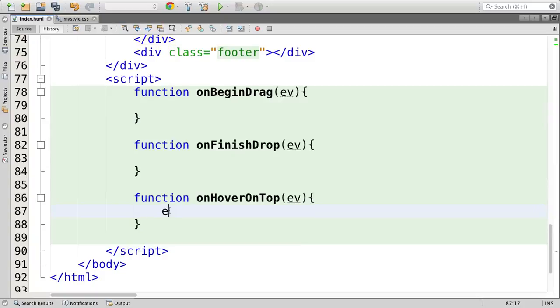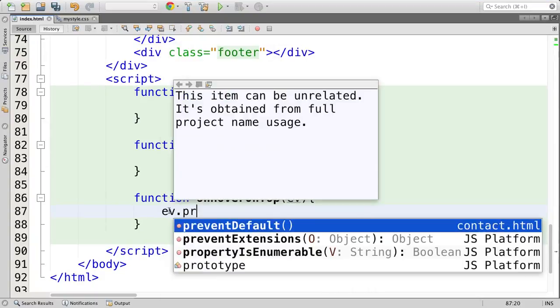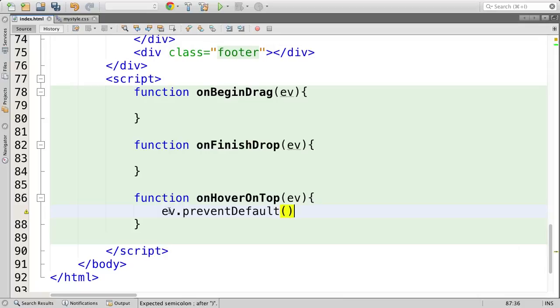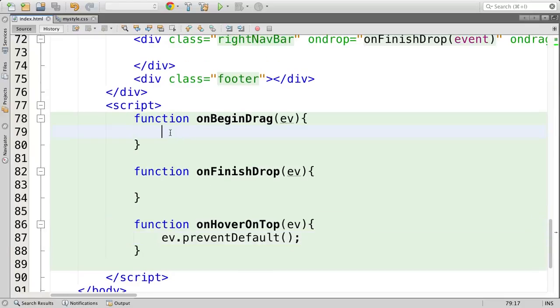This is very easy. Event prevent default will make sure that, chances are there that the image may be captured by some other DOM, so it will make sure not to propagate the action. So just stop that thing. In begin drag, here